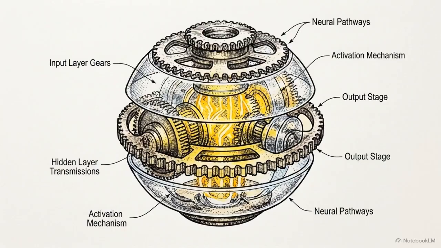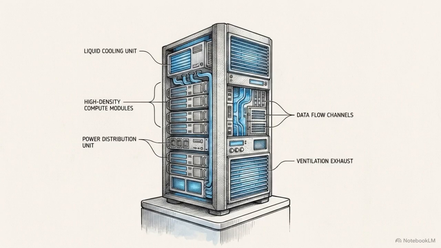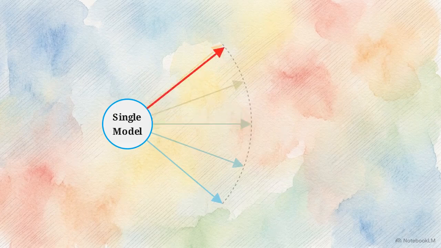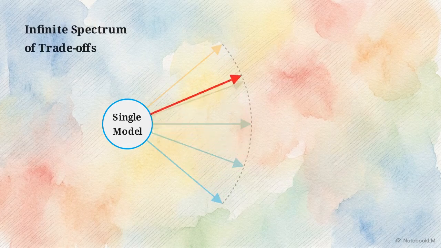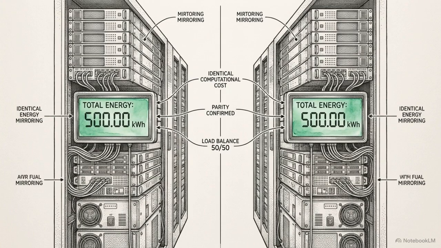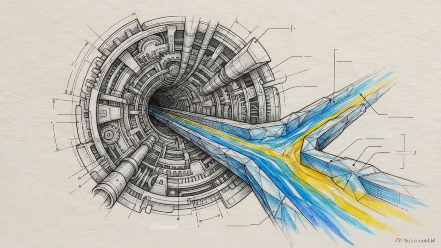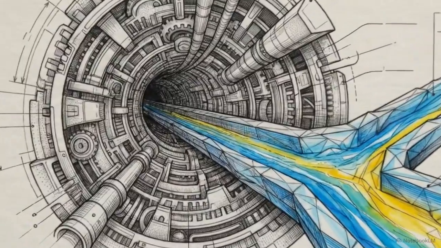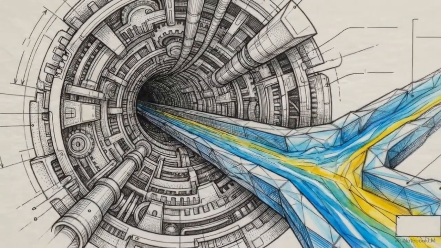A paper from researchers at Ruhr University Bochum and others presents a structural alternative, multi-objective control, or MOC. MOC trains exactly one LLM, but at inference time, that single model can dynamically navigate an infinite spectrum of preference trade-offs based on what the user requests. The researchers achieved this level of multi-objective control for the exact same computational cost as running standard single-objective RLHF.